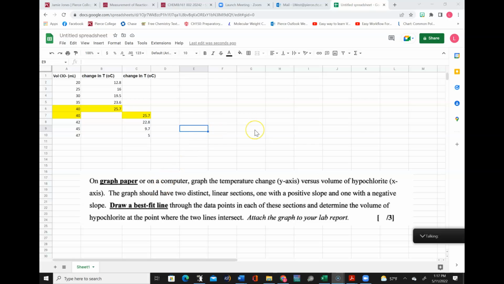Okay guys, so in this video I'm going to show you how to make the chart for the mole ratios lab using Google Sheets. So this chart is going to have temperature change on the y-axis and volume of hypochlorite on the x-axis. And what you'll find is that the graph will have two linear sections, one with a positive slope where our change in temperature is increasing, and one region with a negative slope where the change in temperature